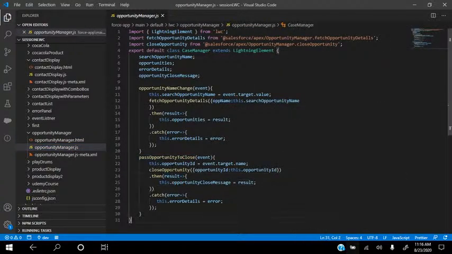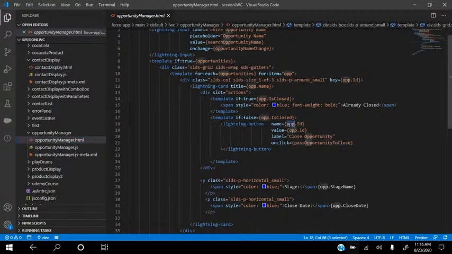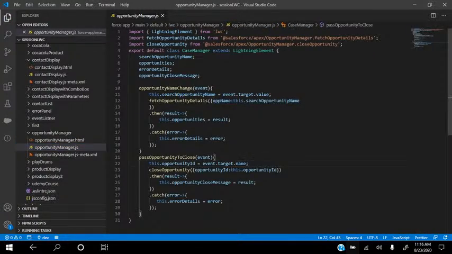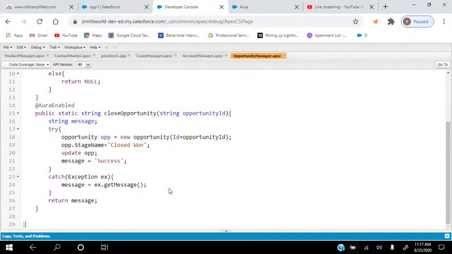Now again, event.target.name. If you go back here, it is having the name. So opportunity.id is being stored here in the name. Because it is stored in the name, we say event.target.name, and then we pass it in the opportunityId property. Once we pass it in the opportunityId property, we want to pass it to the Apex, because there we want to do the close of the opportunity. So we pass the opportunity id. Once we pass it here, it gives us the result, which we will check. Whatever the result is, on that basis we are able to see the close opportunity. So if you see here,